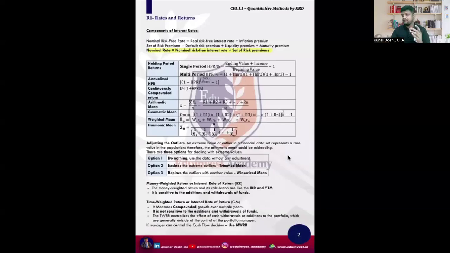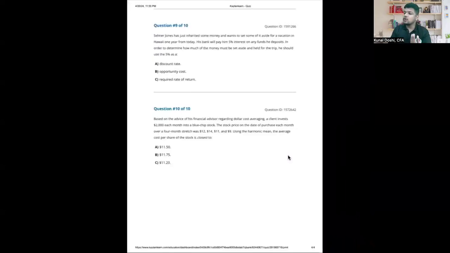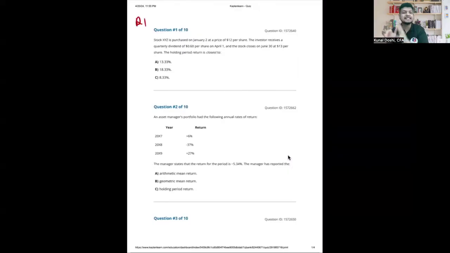Now the process is, we are starting with quantitative methods, and that's the flow it should be. As soon as we finish the first reading, I'm going to do some questions with you all in the class of the first reading itself. Got it? We will be solving around 8 to 10 questions of each reading. So overall for QM, we'll be solving around 100 plus questions. Same way for FSA, for corporate and so on. So by the end of the 10 topics, you all will be doing with me in the class around 800 to 900 questions. Number one.